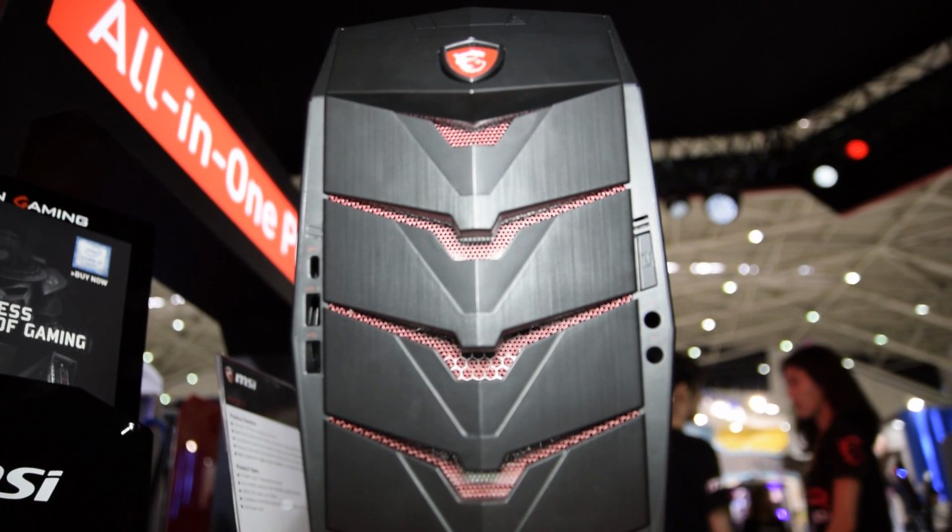And it still supports SLI. So you can still put a full-on PC system that you would do on a big chassis, but it's all capable on the...